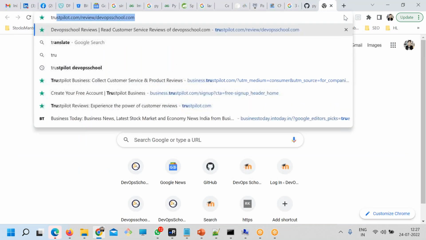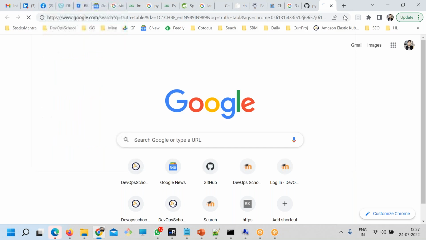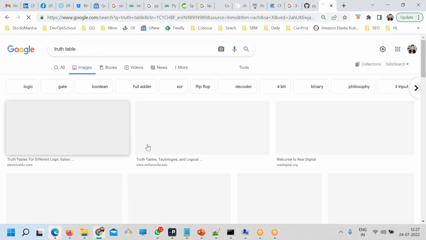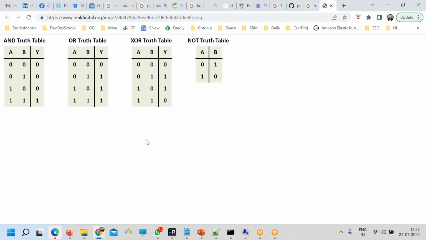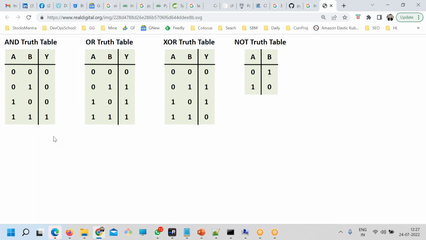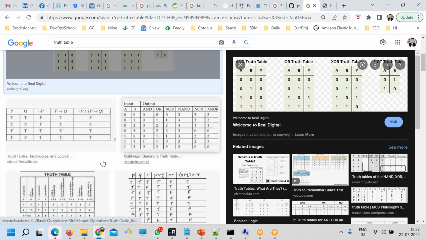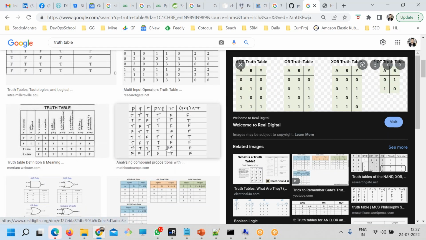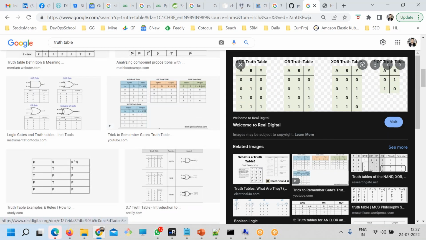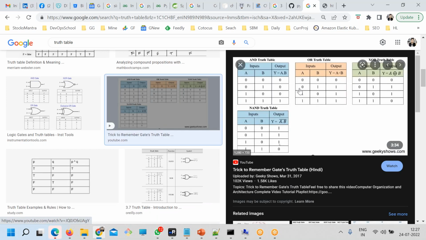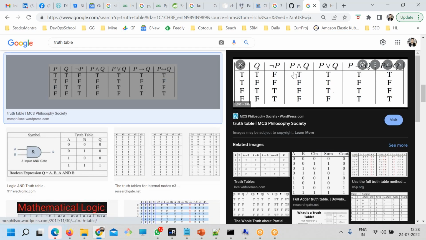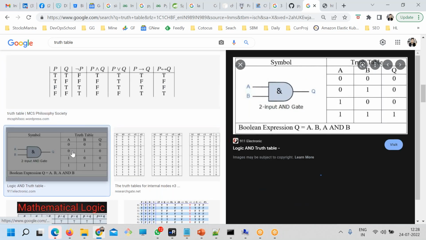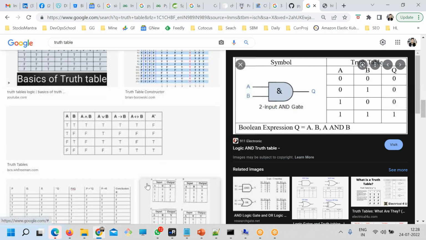So how do we know that? The truth table. This we have studied in our engineering also. Look here. See, this is the truth table. Wonderful table. You know, right? A little bit more simple one. I think this is more simple. 0, 1. This is also. I want simple.